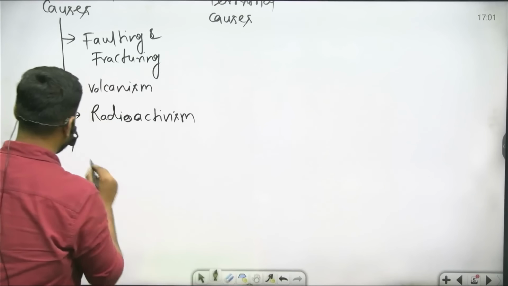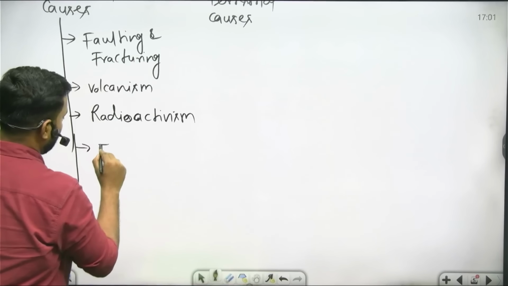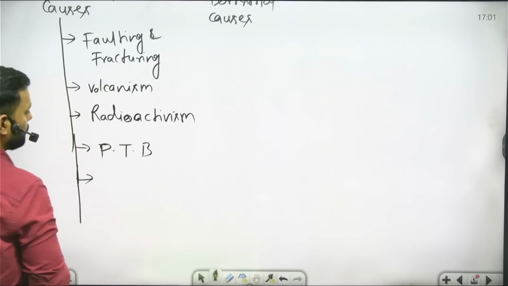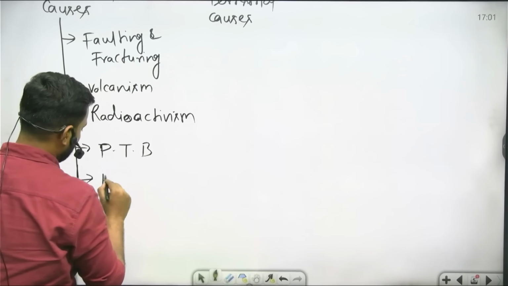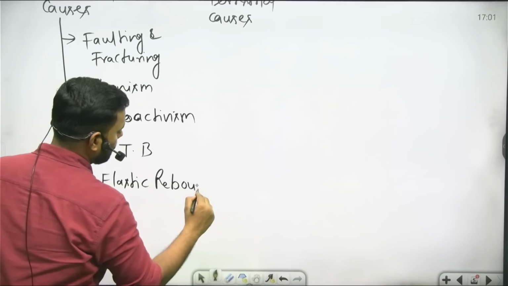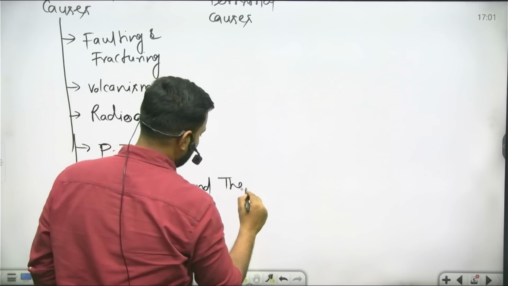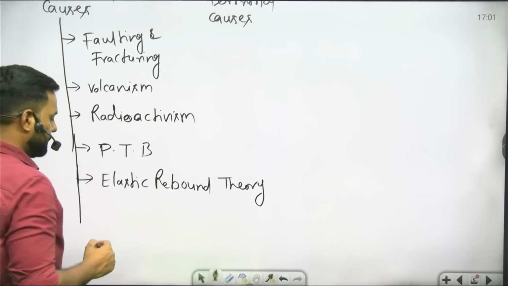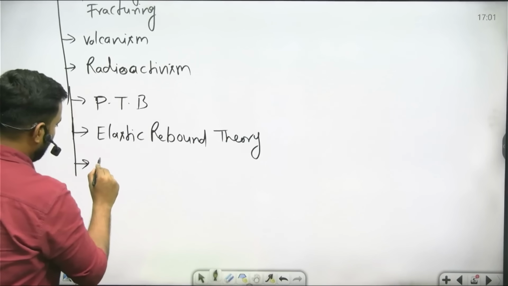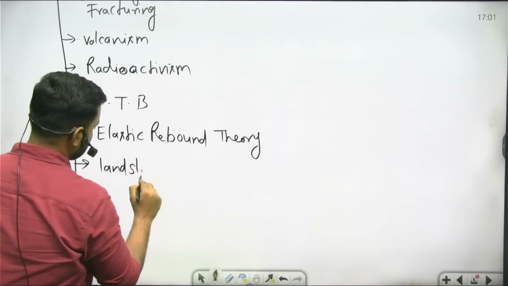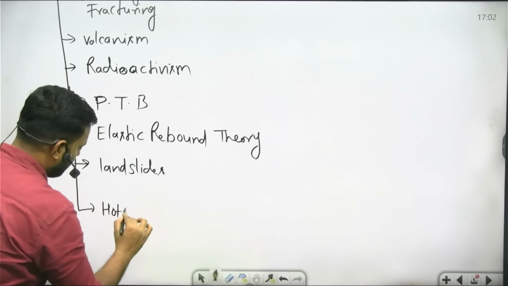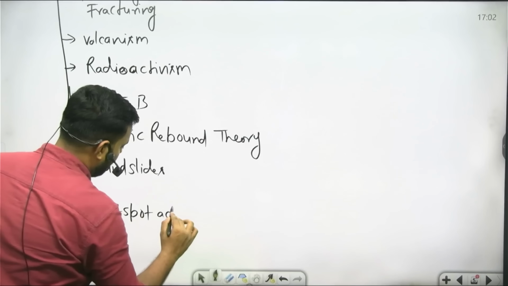The fourth one is plate tectonic boundaries or plate tectonic theory, and the next one is the elastic rebound theory, which was proposed by Professor Reid, and the next one is landslides. The next one is hot spot activity,